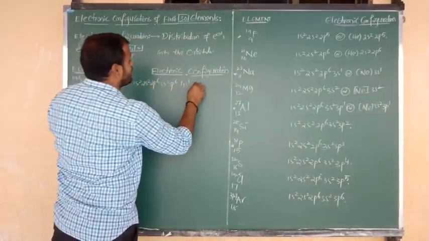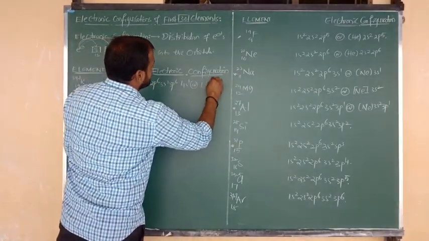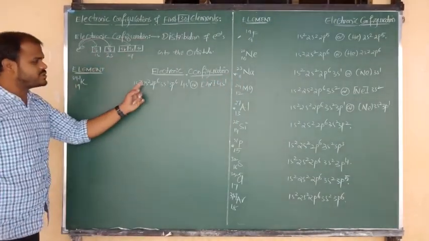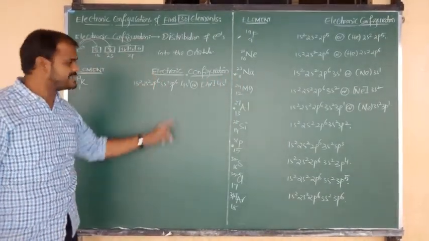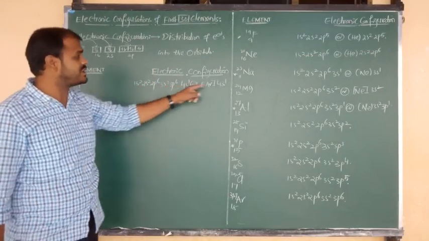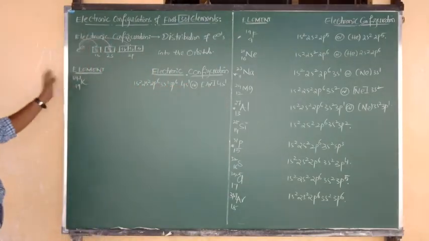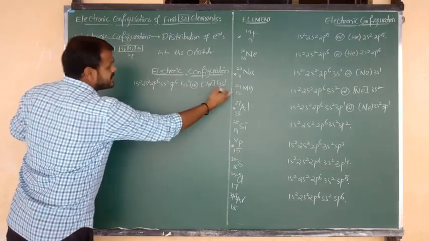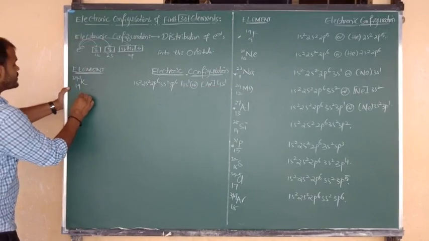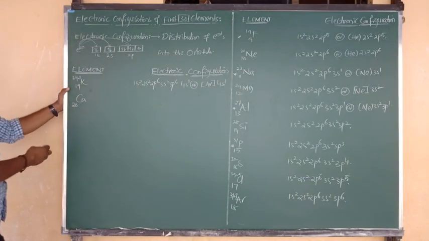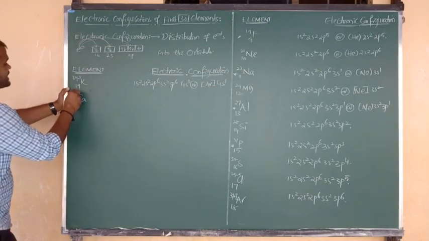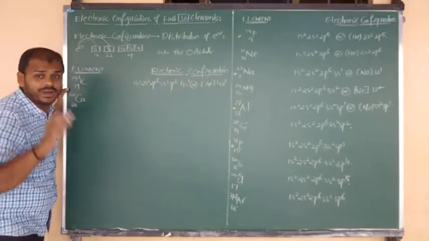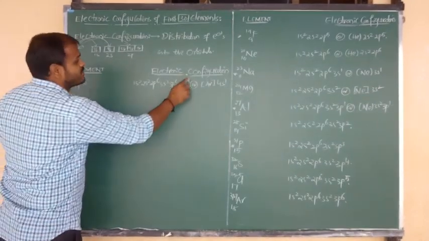So we can write the short form: argon 4s1. Argon symbol is Ar. So 1s2, 2s2, 2p6, 3s2, 3p6, 4s1. This is the exact configuration, and this is the short configuration of what? Potassium. So what is the short electronic configuration of potassium? We have to say argon 4s1. Next one is calcium. Calcium atomic number is 20 and its mass number is exactly double, 40. So we can write here 4s1 becomes 4s2, one more extra electron enters into 4s.